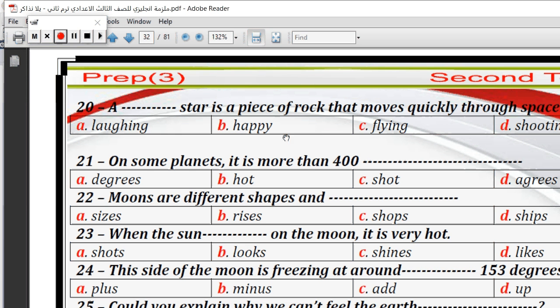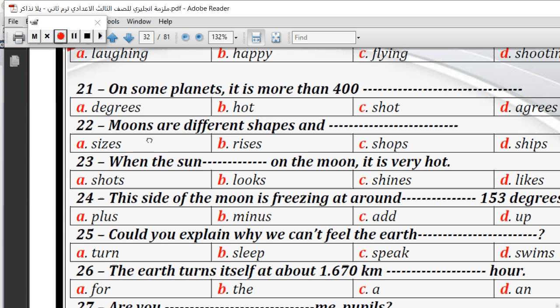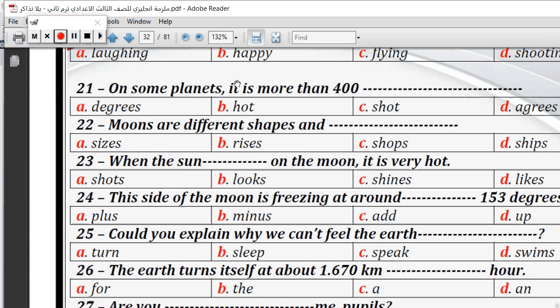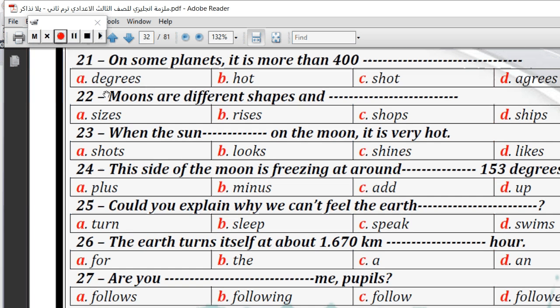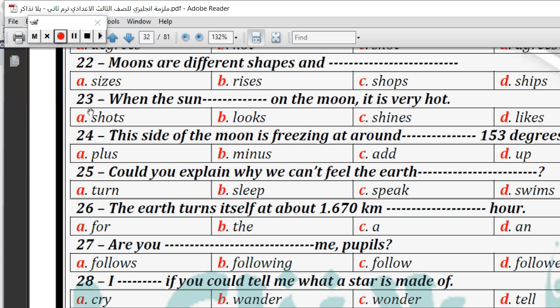It's a shooting star. Number 21. On some planets, it's more than 400 degrees hot, shot, or agrees. He's talking about the temperature. It's more than 400 degrees. Number 22. Moons are different shapes and sizes, rises, shops, or ships. Number A, different shapes and sizes.